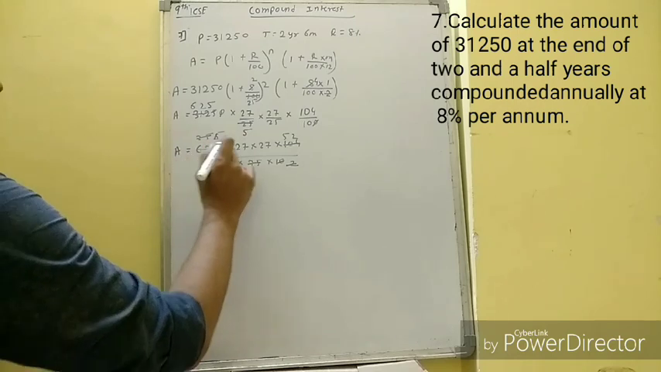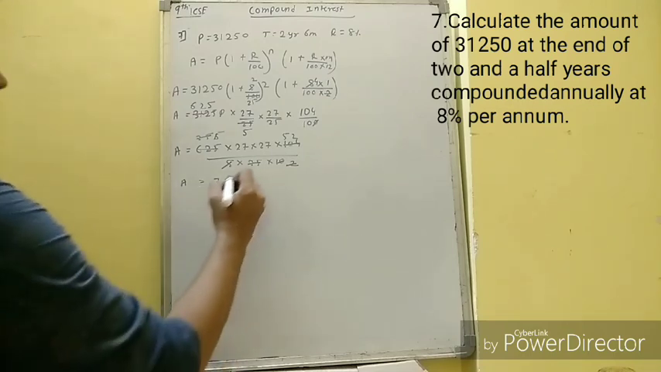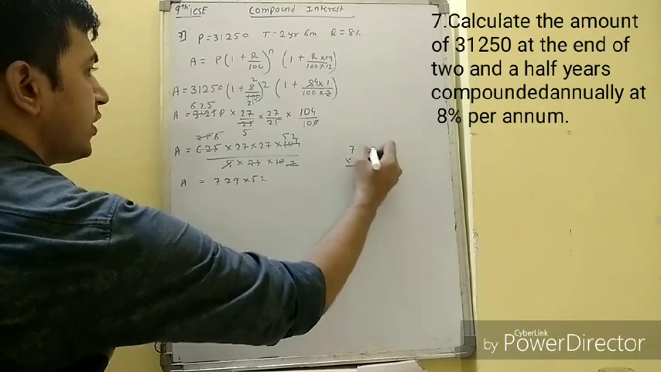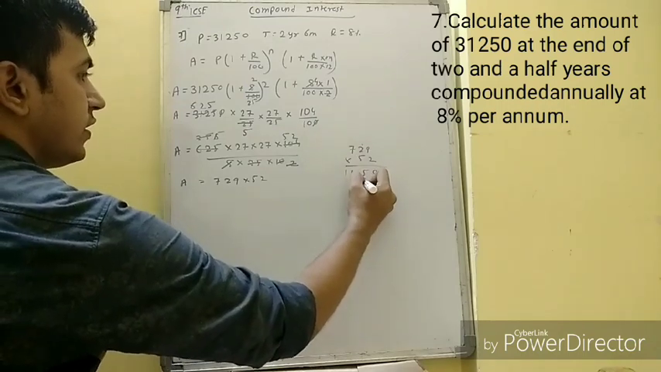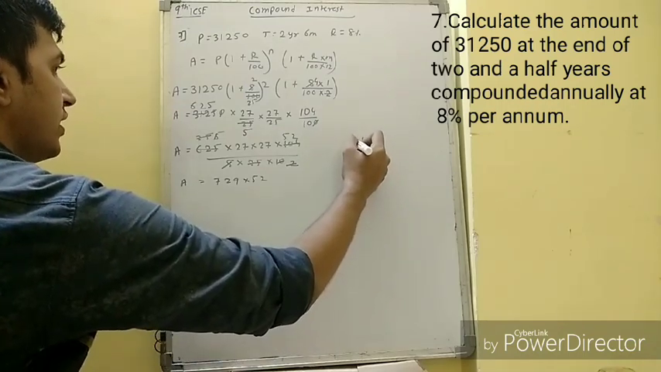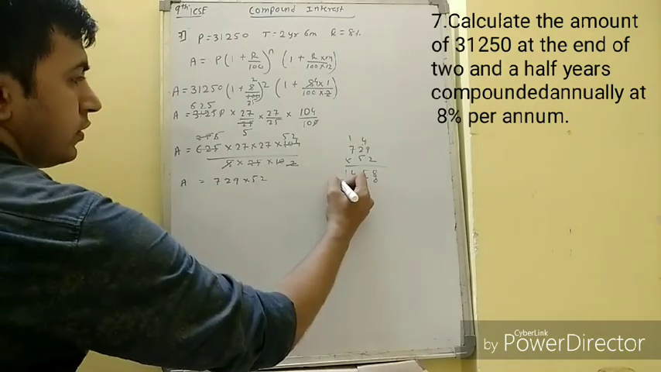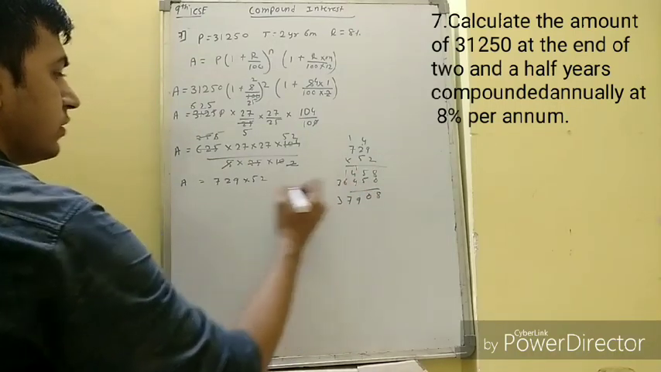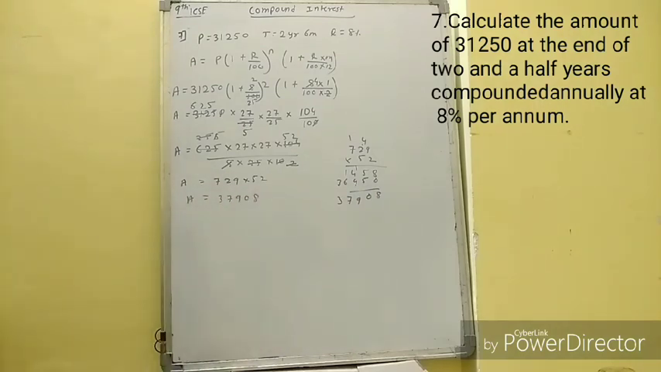So we have 27 into 27, 729 multiplied by 52. So 729 multiplied by 52: 9 twos are 18, 4 plus 1 is 5, 2 sevens are 14, 9 fives are 45, 4 plus 5 is 10, 11, 12, 13, 14, 5 sevens are 35 plus 1, 36. So it is 8 10 9 7. So amount is equal to 37908. Okay, the invested amount principal was 31250 and the amount is